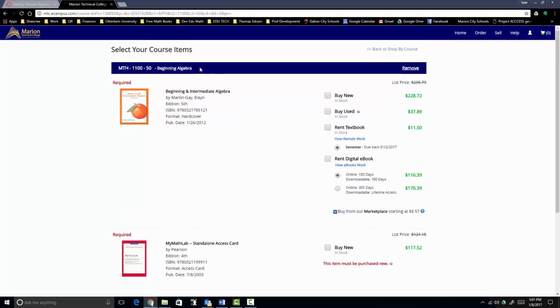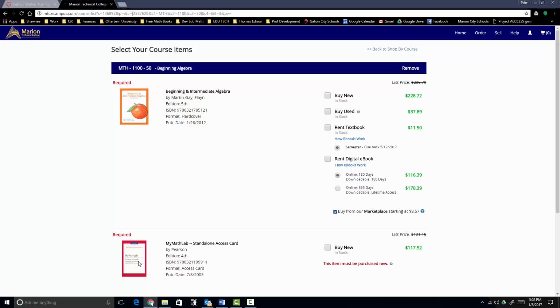And then the textbook, although it says required, the textbook, an ebook, actually comes as part of the MyMathLab access code. So you can view all the pages in the book through using MyMathLab. So it's really up to you if you're comfortable with having just an ebook only, or if you know that